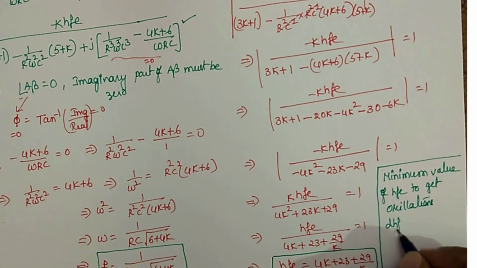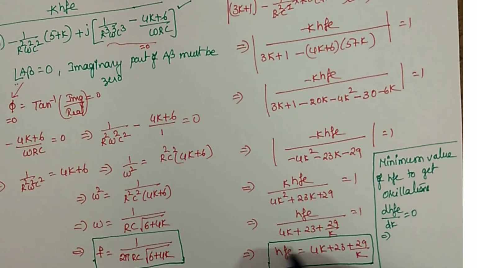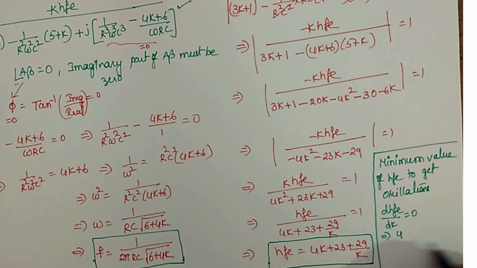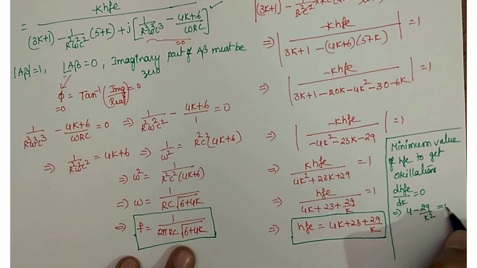I'll get it by taking dHFE by dk is equal to 0. So what does it imply? If you go for dHFE by dk, you'll get 4, and this is constant. This is by k. So it is 4 minus 29 by k square is equal to 0. So you'll get k is equal to